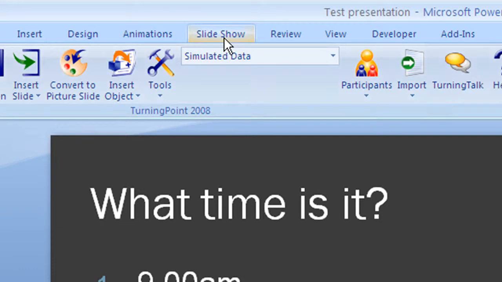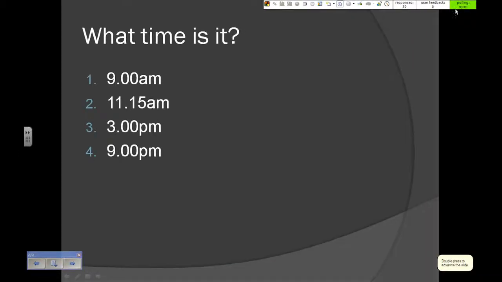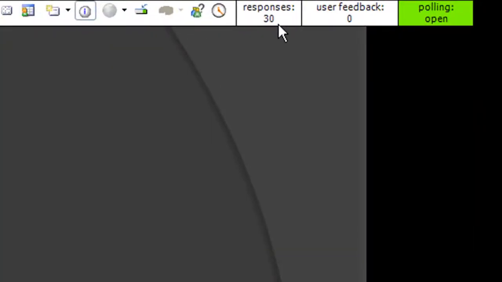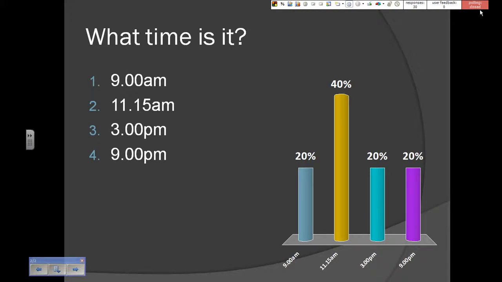So all we need to do now is what we would normally do, and that is go to slideshow. I'm going to view it from this current slide, and what you can see now is that we've got polling open. It's chosen 30 responses for us, so 30 people are actually doing what they need to do. And when polling is open, when polling closes, we would press either the enter button or a mouse click, and you can see that it's simulated the data, the polling has closed, and these are the results that the computer has decided has happened. So we've checked the data, we've checked that it works, and that's fine. So if we end the show,